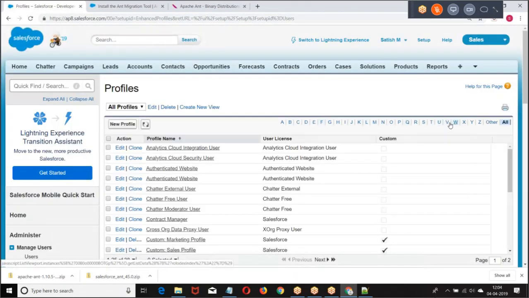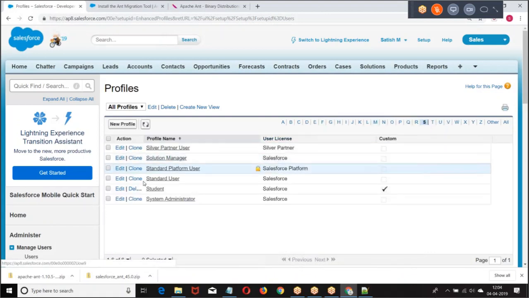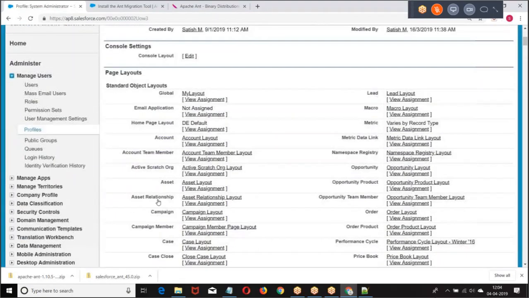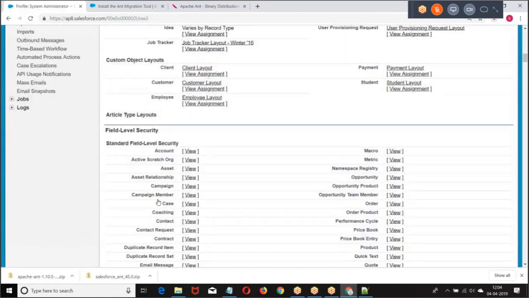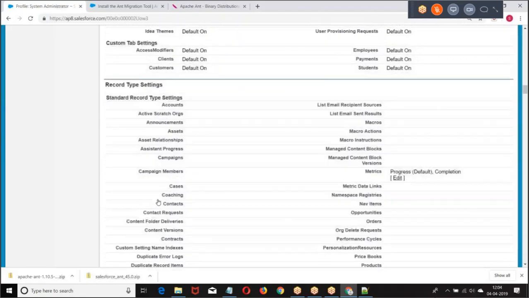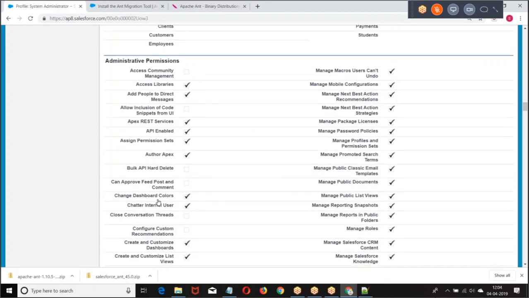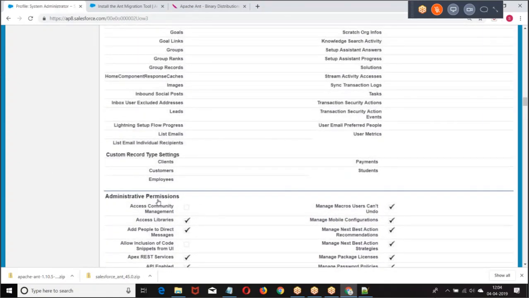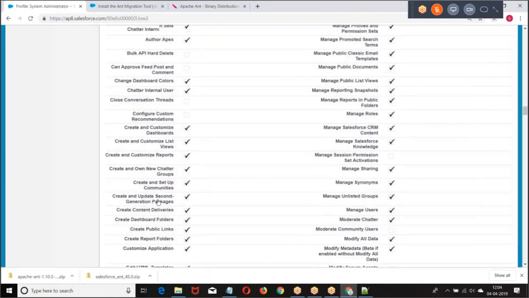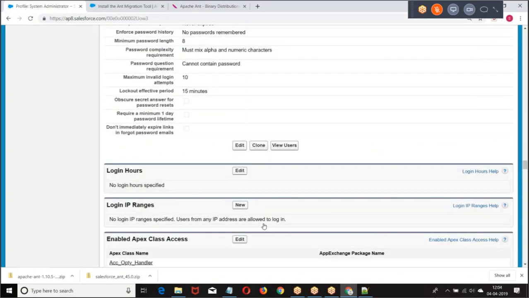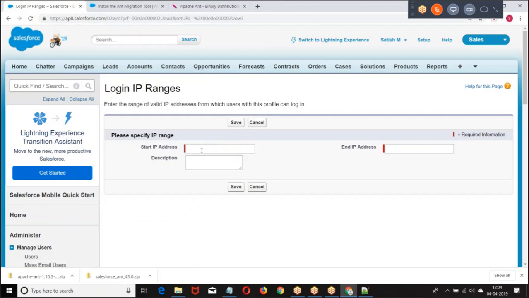If the profile is not allowing all IP addresses, what are we supposed to do? Password plus security token. You want to avoid the security token? Then I can put my IP address in network access. If I put my IP address in network access, there is no need of giving any security token. Straight away, I can go with the